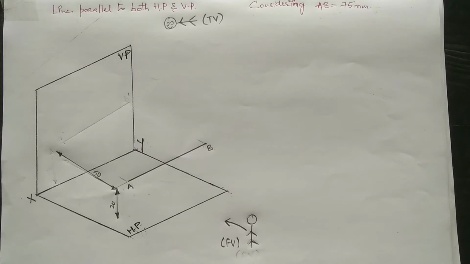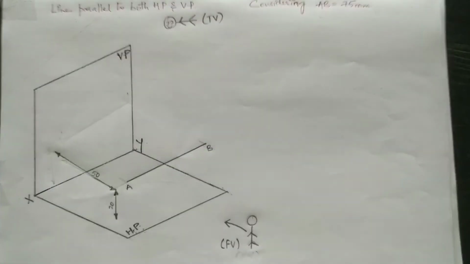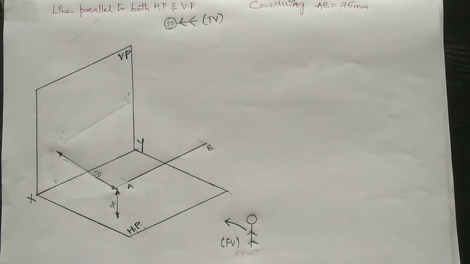We obtain them by joining the projections of its end points. In the projection of straight lines, we are about to see the different orientations of the straight line. The first one we are about to consider is a line parallel to both the horizontal plane and the vertical plane. In this case, we see the position of a line which is parallel to